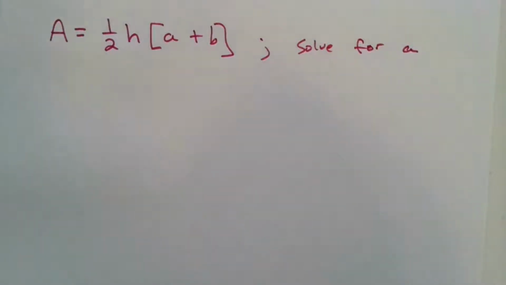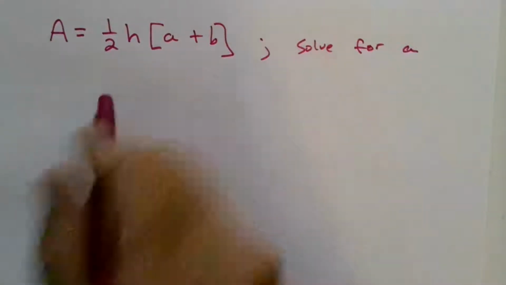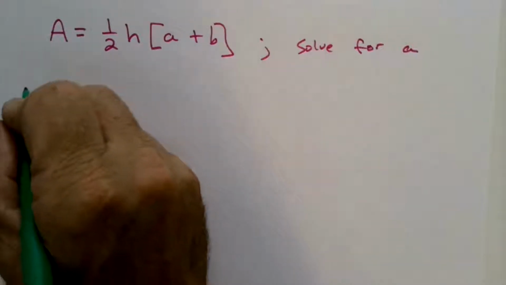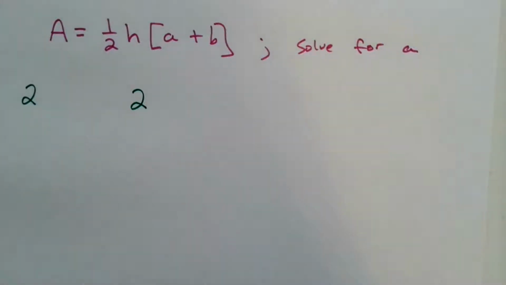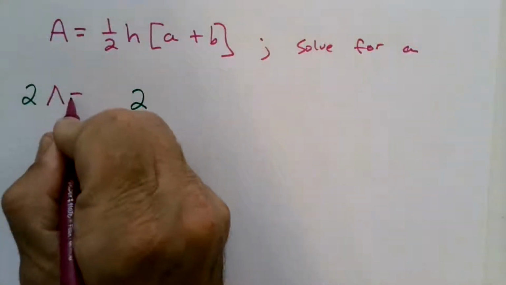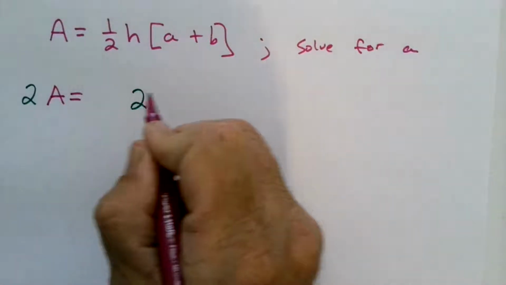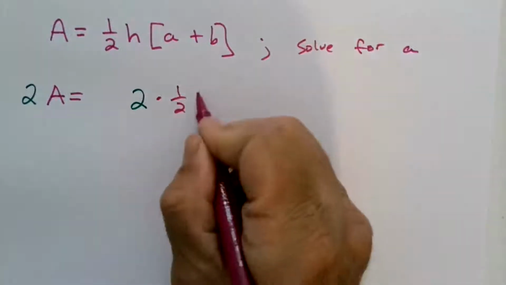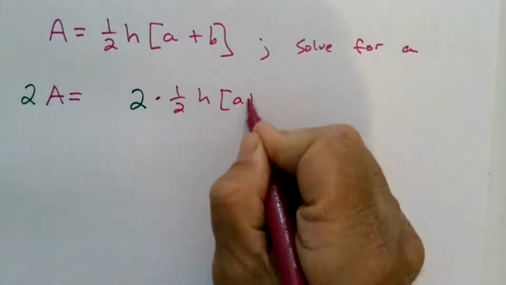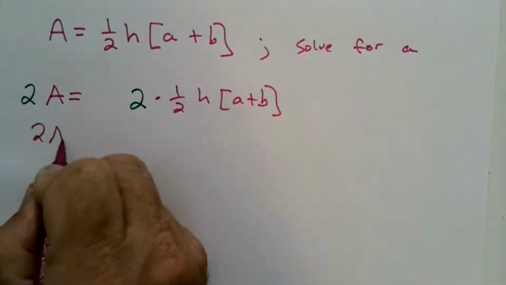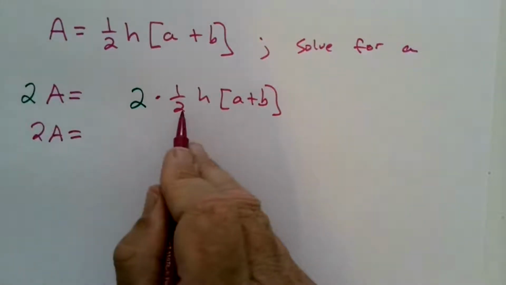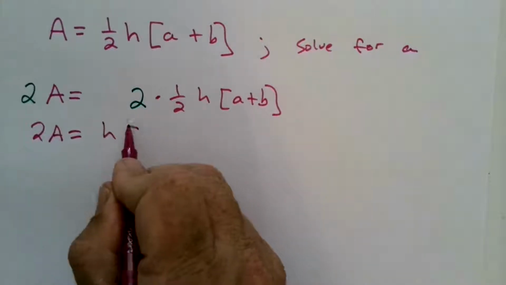So in this situation, I have that fraction to work with. So I'm going to go ahead and multiply both sides by the denominator, both sides by 2. Multiply the left side by 2, multiply the right side by 2. So I get 2a equals 2 times 1/2 h times a plus b. On the left side, 2 times a is 2a. On the right side, 2 times 1/2 is 1 times h